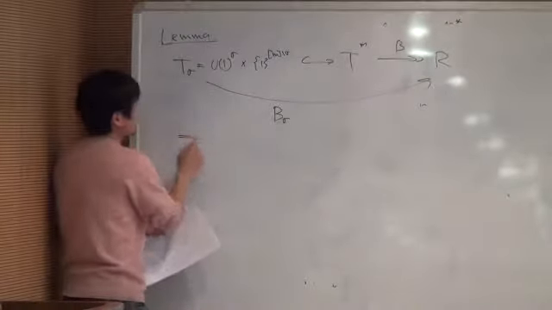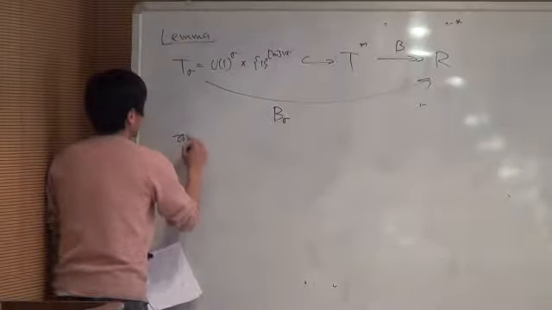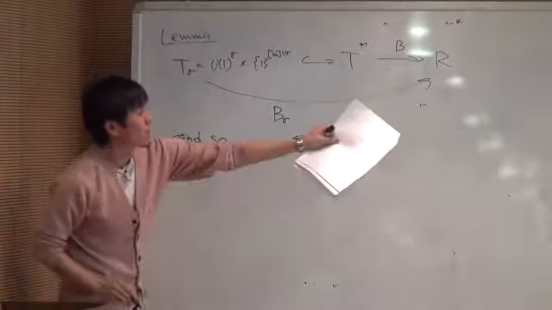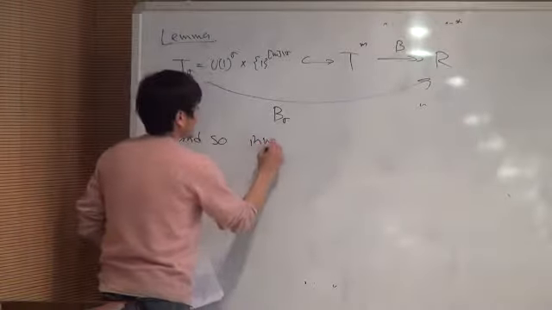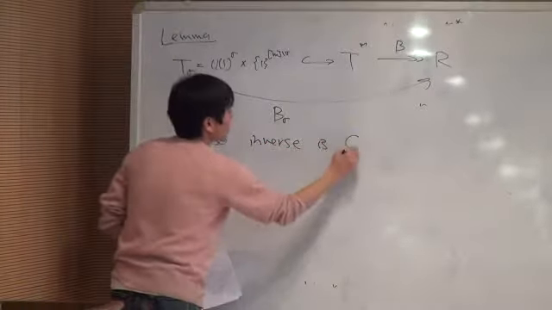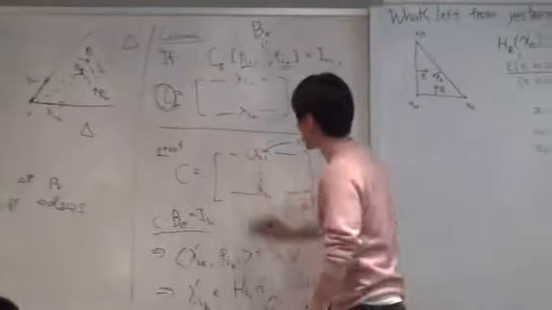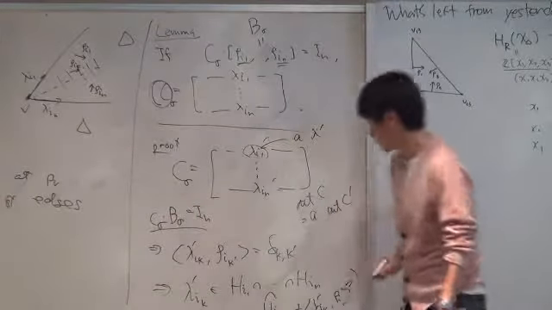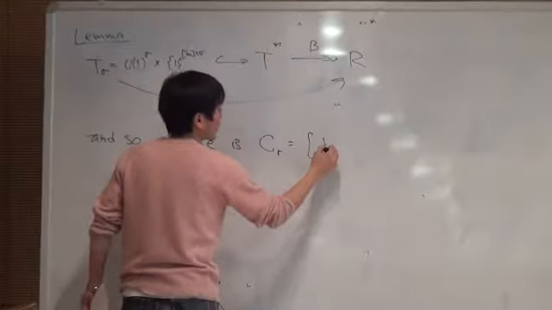Okay, so this means the corollary from that little lemma should be that the inverse is C. So maybe I should put the C sigma here, right? C sigma, which is given by